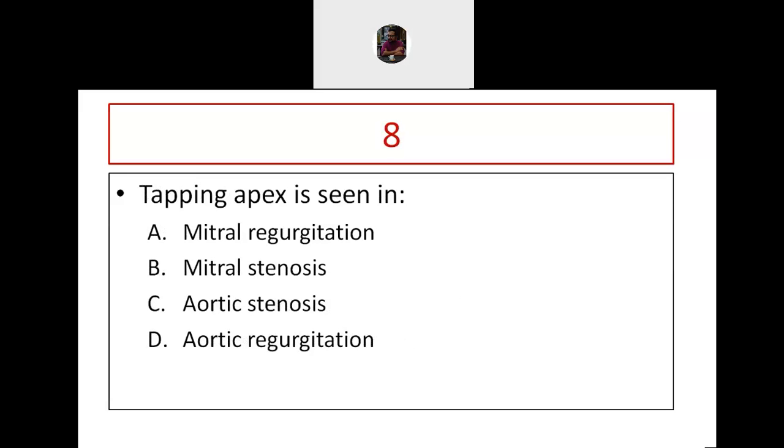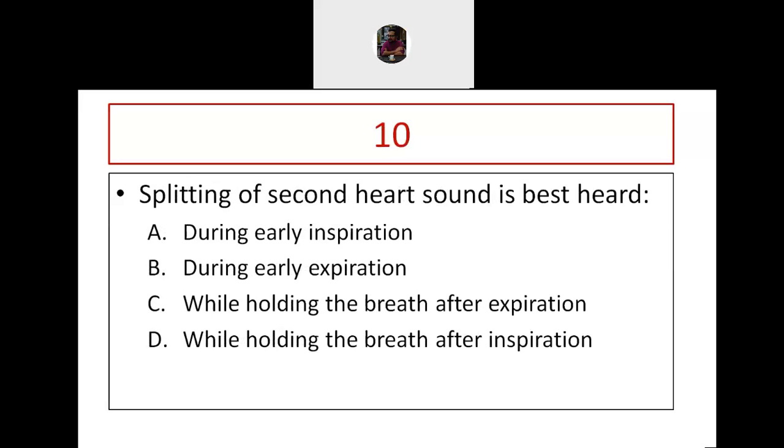Tapping apex is seen in... wonderful, mitral stenosis, because tapping apex is nothing but the palpation of the loud first heart sound. Again, then this question basically becomes the same question. Loud first heart sound is a feature of... Next question. Splitting of second heart sound is best heard...